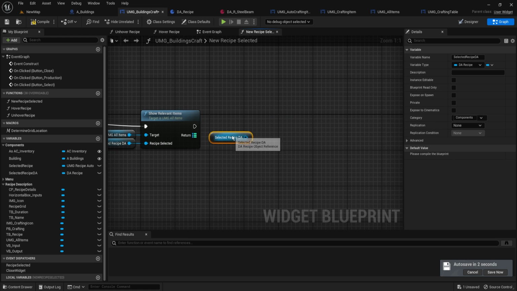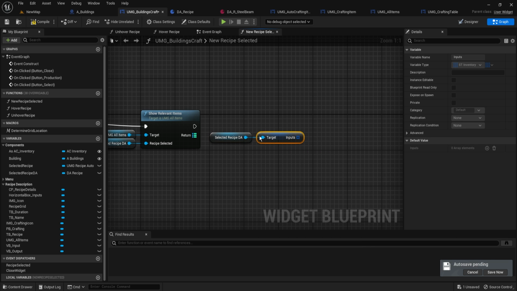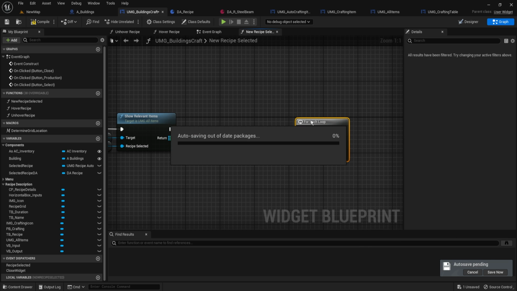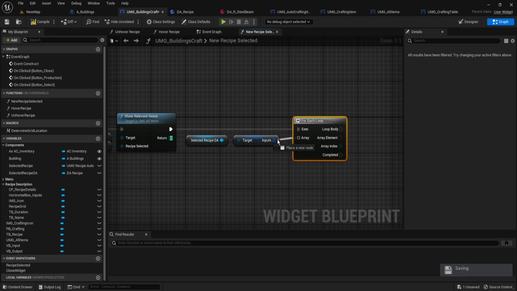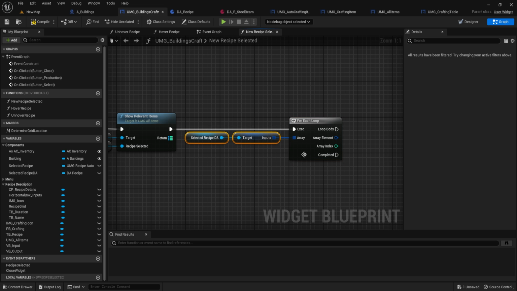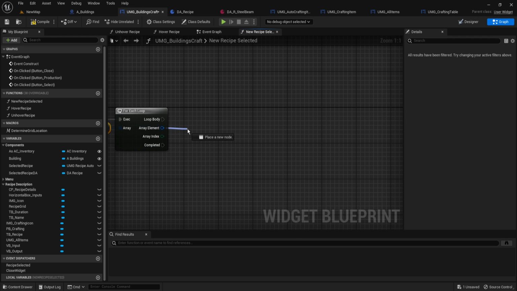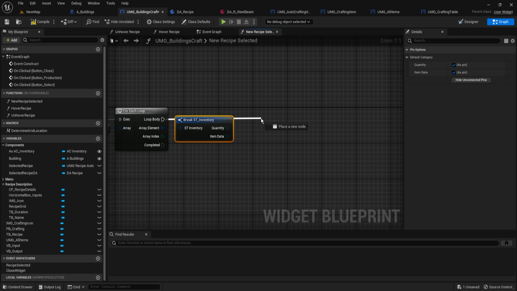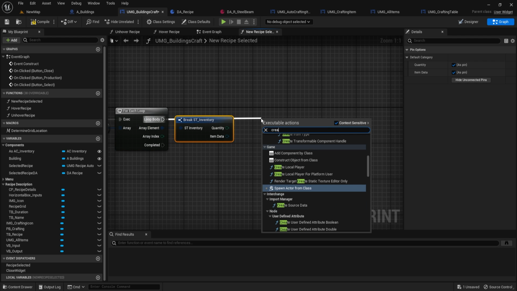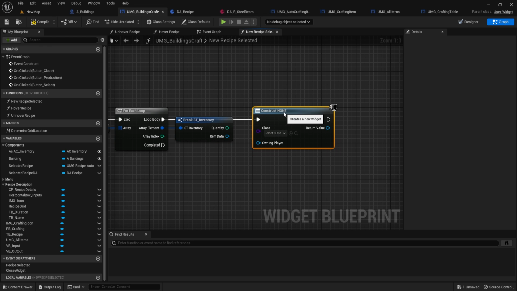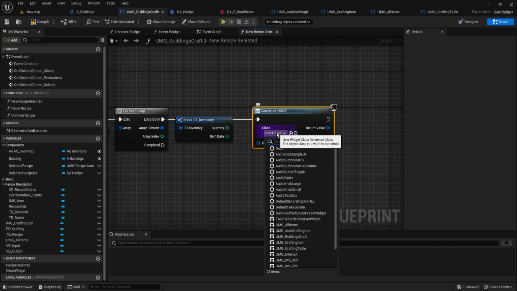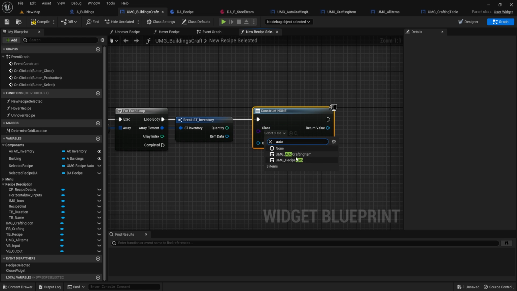Then from here, we want to get our inputs right here for each loop. And we want to plug this in right here. And we're going to go through them and add them to our actual boxes. So here we get to break this. We get to create a widget. Create widget right here. And the widget we're looking for is our auto crafting item, which just like before, we